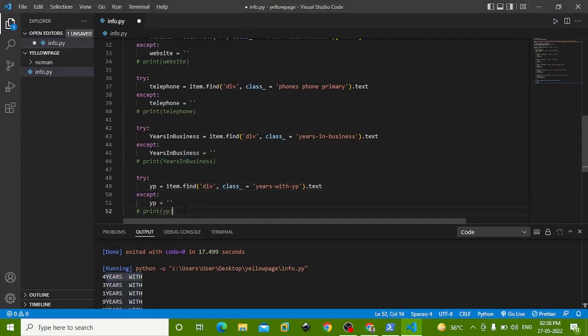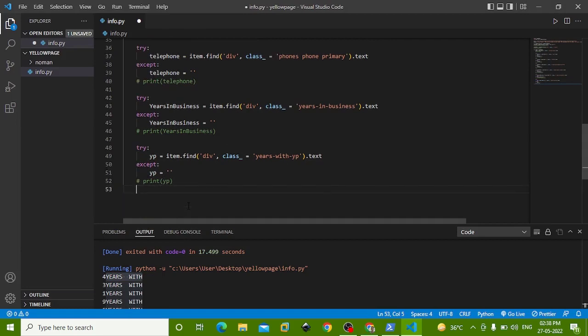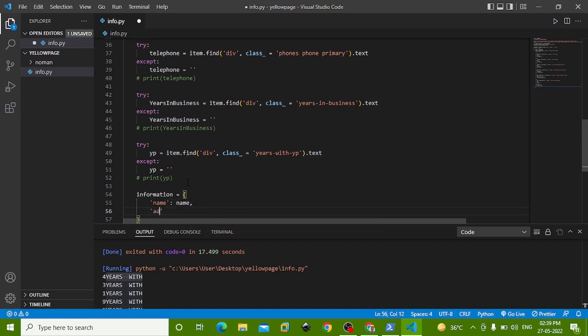Now I'm going to comment out this print statement. Now every time this statement prints, we are going to create a dictionary named information, or you can name it anything. Inside this dictionary, I'm going to pass our print statement. The first variable, name it name, second variable address,